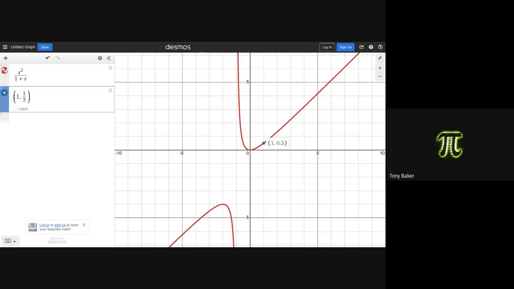So when I found the derivative, I'm now going to plug in the 1 to find the actual slope value at that point. Does that make sense? And we got